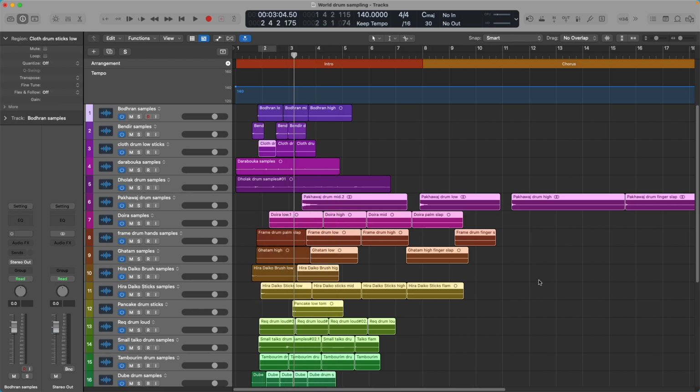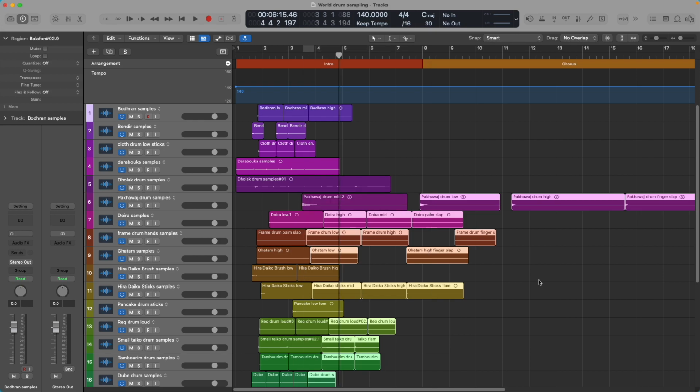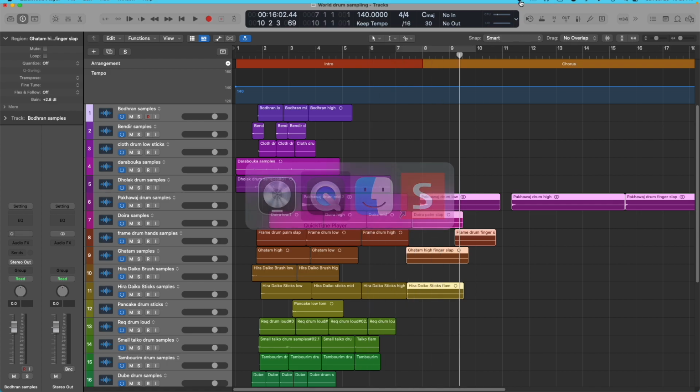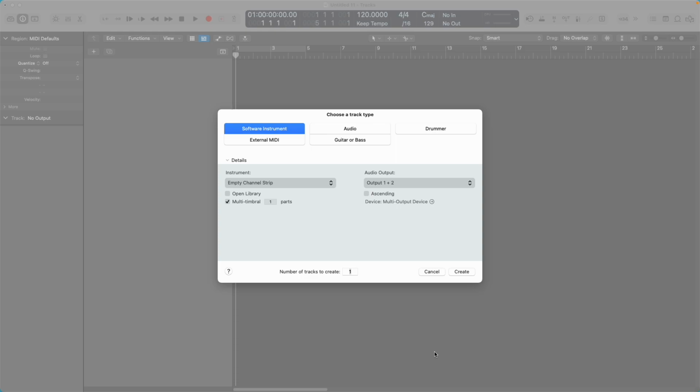So just wait while it exports all the regions, and it should be done pretty quickly. And so now we have our samples properly created, chopped, exported,